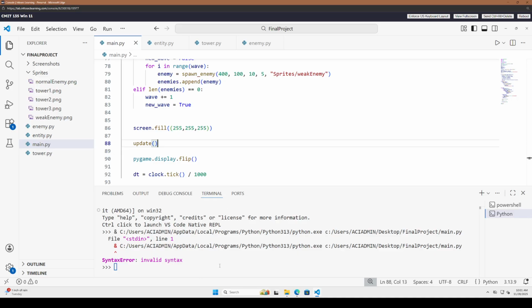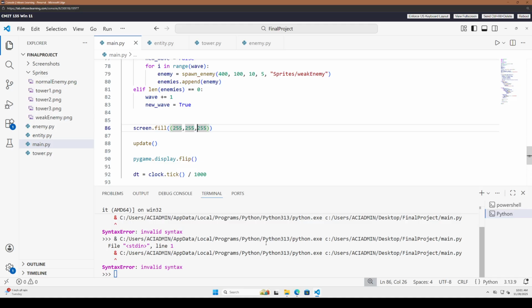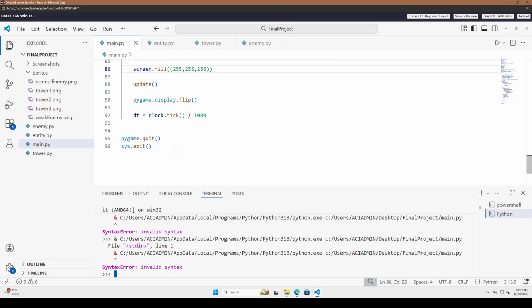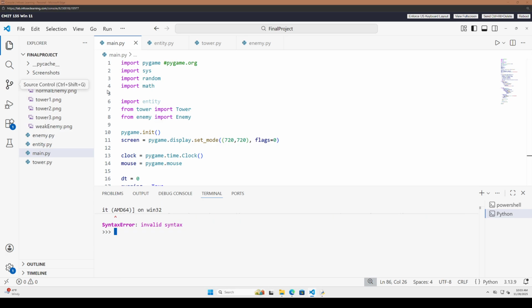I actually don't know what this issue is here. I have had this before, and I don't believe it's Python project.main. Yeah, this error I've had before. I'm going to fix that real quick. Okay, so let me make sure I'm recording. Okay, yeah, so this is just a bug with